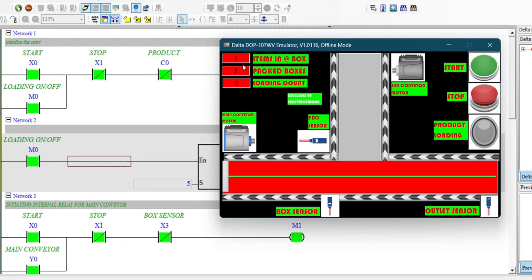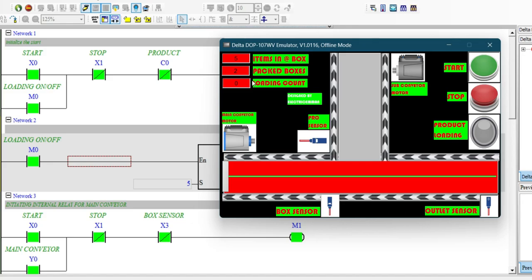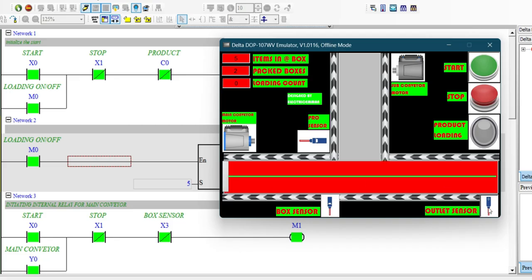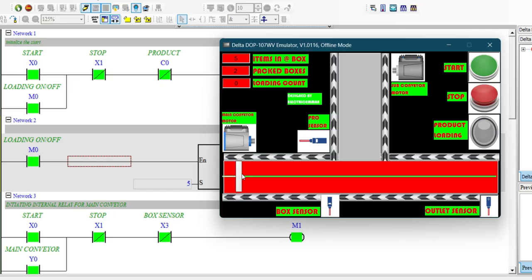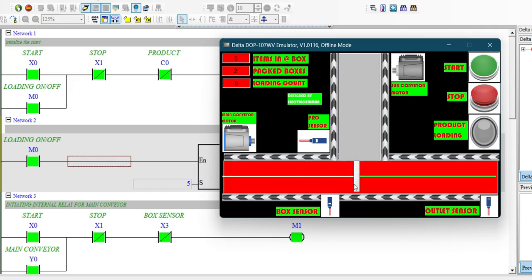We see we have items in the box. Items in the box, they are supposed to be 5. Packed boxes, there are 2, just because I pressed this one 2 times. You can see it's already on. When it reaches here, we go,